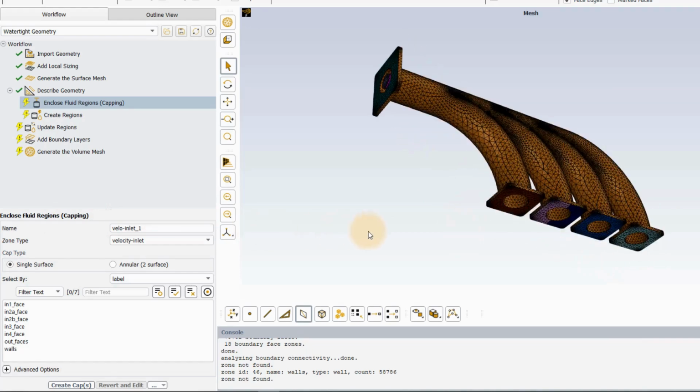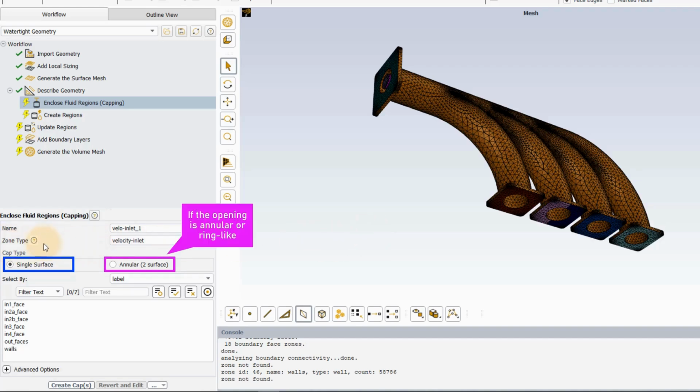There are two types of cap types that the user can choose from: single surface or annular two surface. If the opening is annular or ring-like, the annular option needs to be used. For all other openings, we can use the single surface type. We will first use the single surface cap type and we'll look at three different ways to create cap surfaces